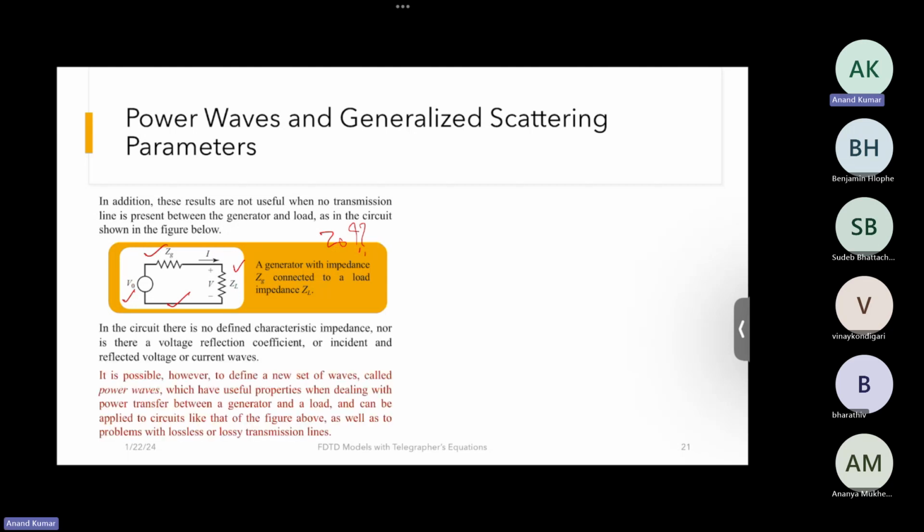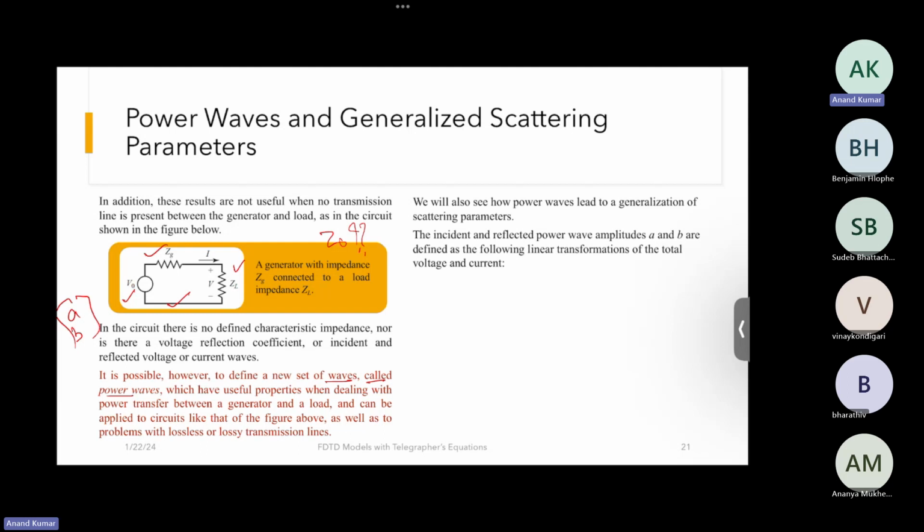So in this case, we define a new set of waves called power waves, which are kind of fictitious, but we use the variables a and b to denote them. So here is the expression for the power wave amplitudes A and B. So we write A as